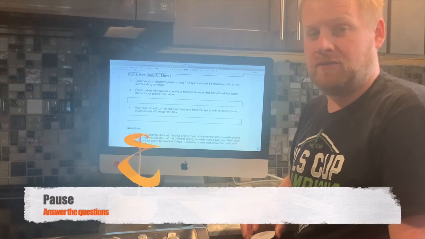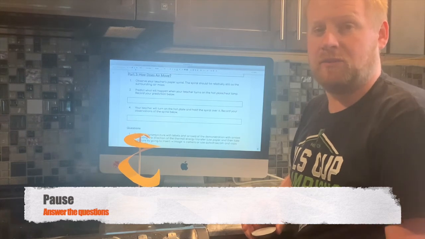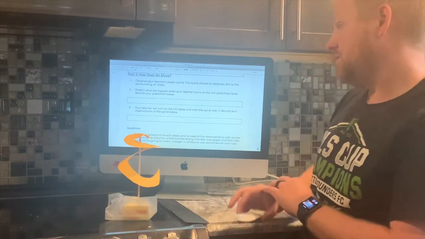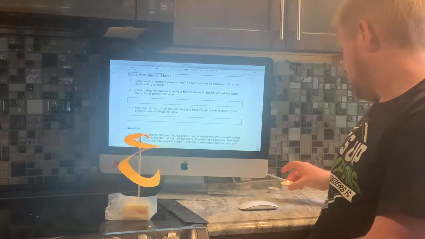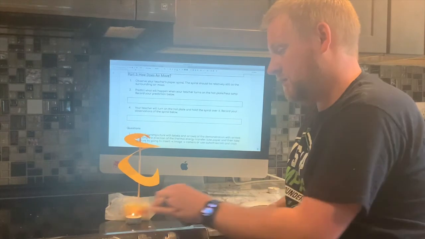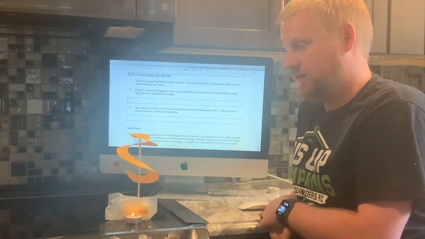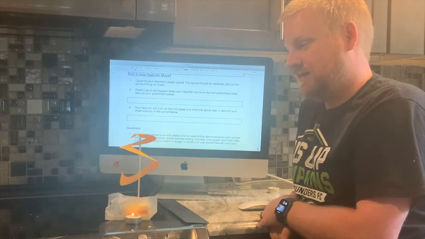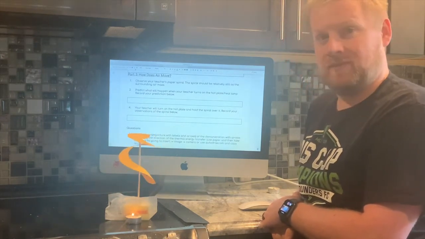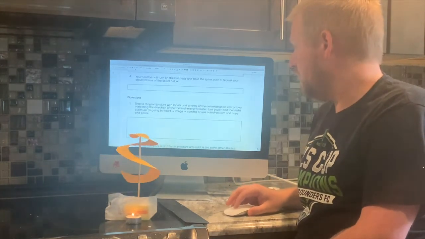So we'll pause here for a minute. You're making a prediction about what you think is going to happen when the candle is placed right here. So we'll grab our candle here. And you'll definitely notice something is happening now. So if I go down a little bit on this piece of paper,